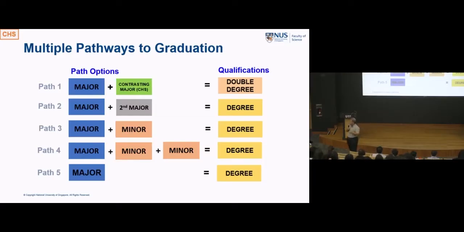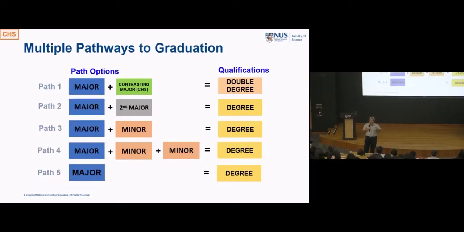A primary major is about 15 courses. A second major maybe is only 10. Okay? And where do the 10 come from? The 10 actually will go into your unrestricted electives space. All right? So these possibilities are there. Now, you can see you can actually use your unrestricted elective space for many things, and at the end of the day, you still will graduate, and all within the same 160 plus or 4 years.